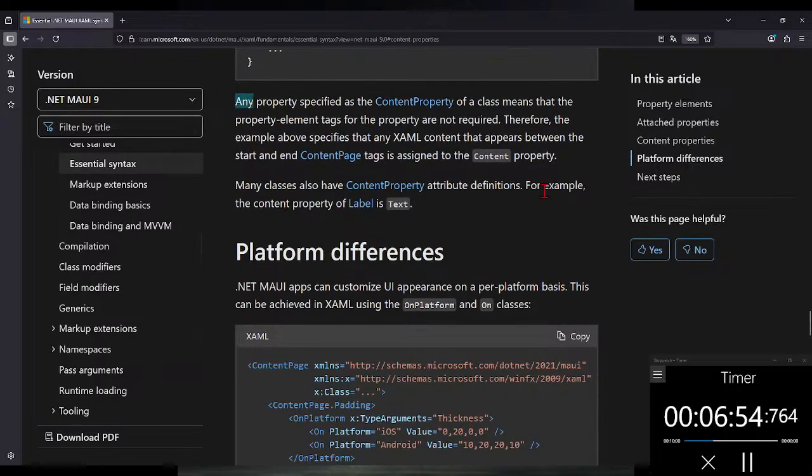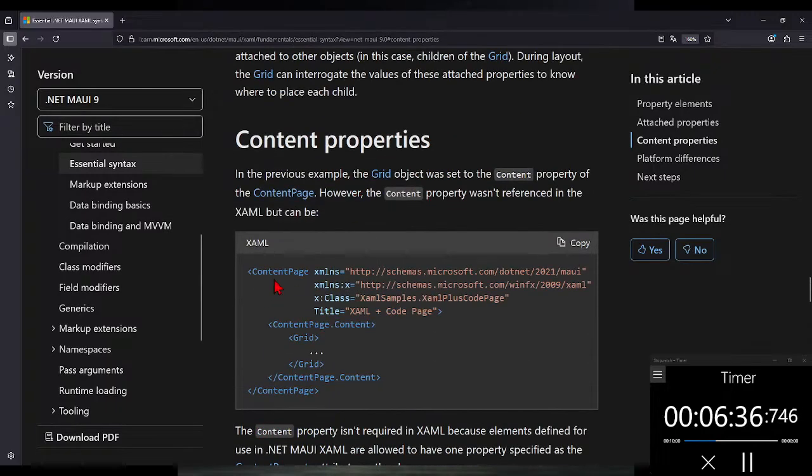Any property specified as the content property of a class means that the property element tags for the property are not required. He is talking about not this content. He's talking about this